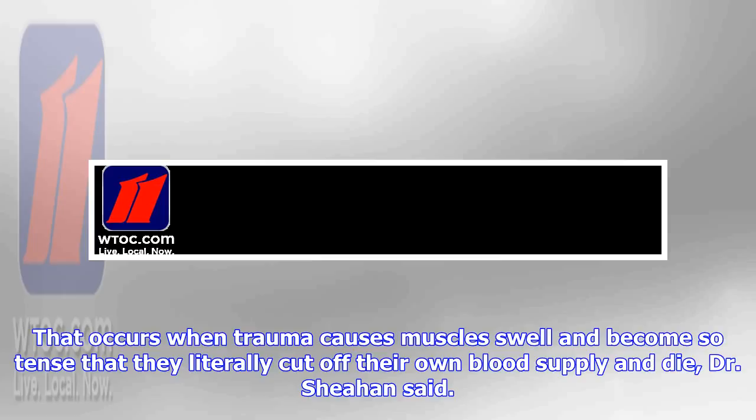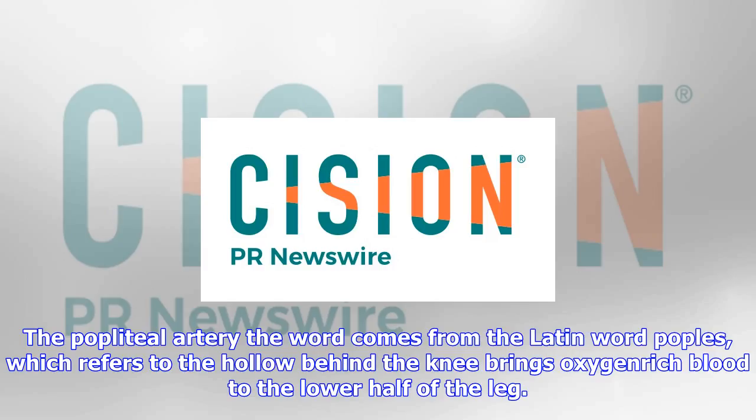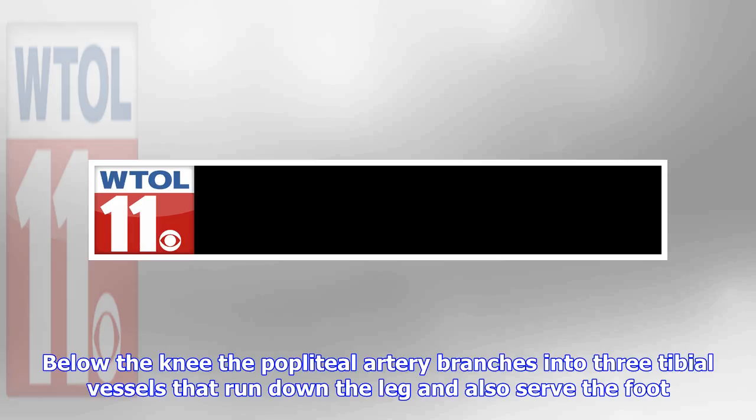the muscles can expand. The popliteal artery, the word comes from the Latin word poples, which refers to the hollow behind the knee, brings oxygenated blood to the lower half of the leg. Below the knee, the popliteal artery branches into 3 tibial vessels that run down the leg and also serve the foot. For most patients, if the popliteal artery shows up on a diagnosis, it is due to peripheral artery disease